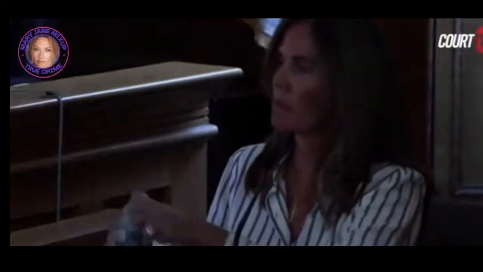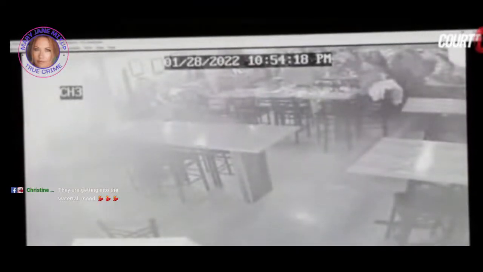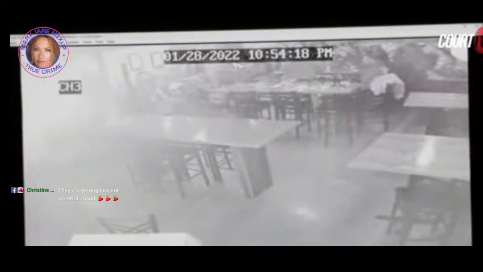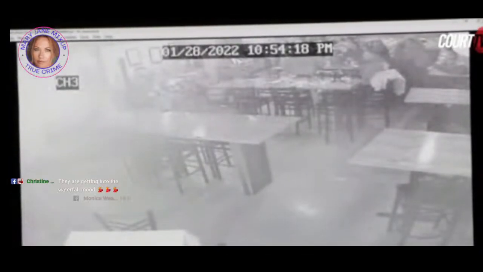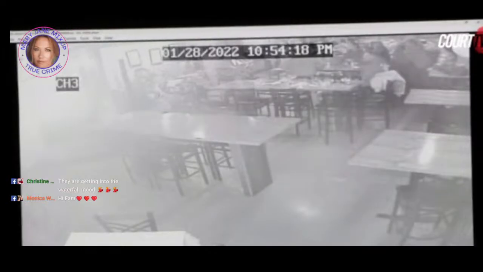With the court's permission, I'd like to display parts of Exhibit 22, which has already been introduced into evidence, which is video surveillance footage from the waterfall. I'd like to start at 10:54:20, please. If you could just stop for one second. Do you recognize what's in that video? Yes. And what is that? That is the waterfall. Okay, kindly proceed.